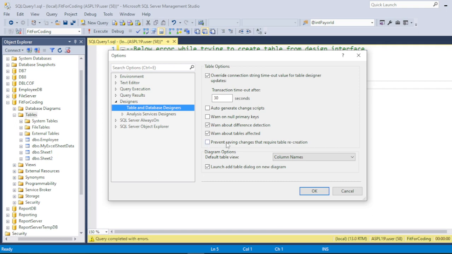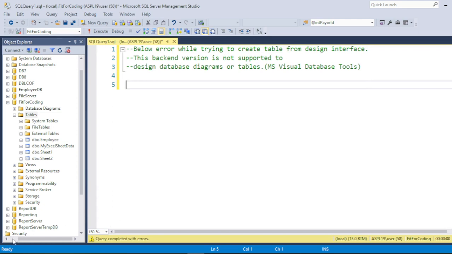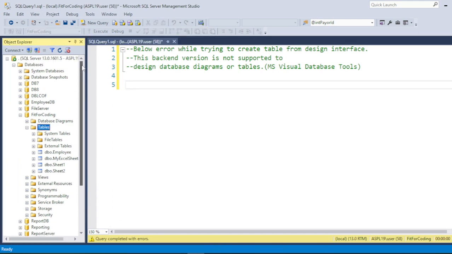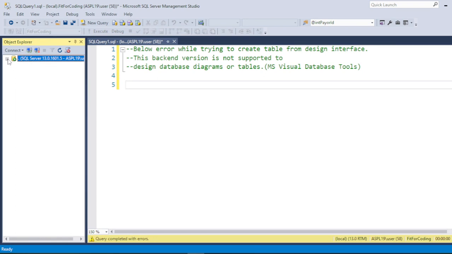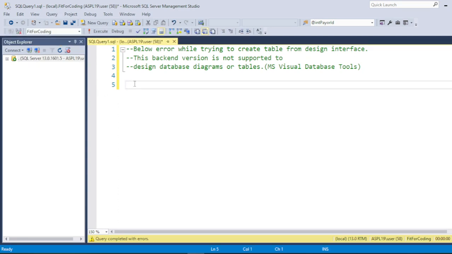Here is also the option Prevent saving changes that require table recreation. But sometimes, whenever we are connecting to another database present on another server, it causes some issue. Here I am connected to my own local server, that's why it is easily working. But if I connect to another database with some IP address, then it is not working properly. So first of all we will learn from query,